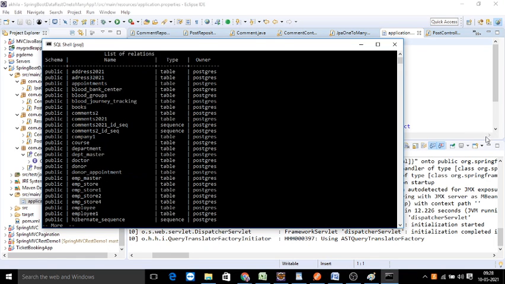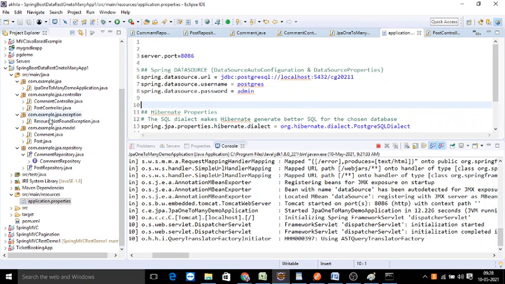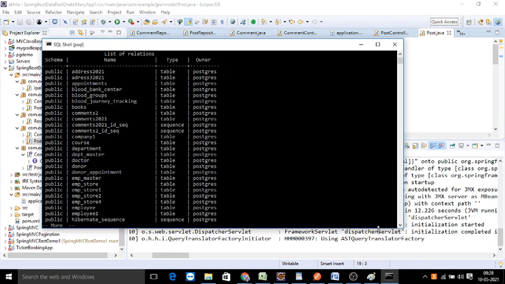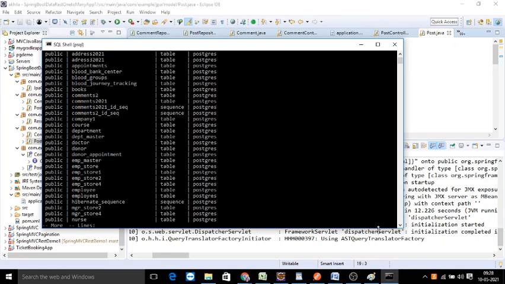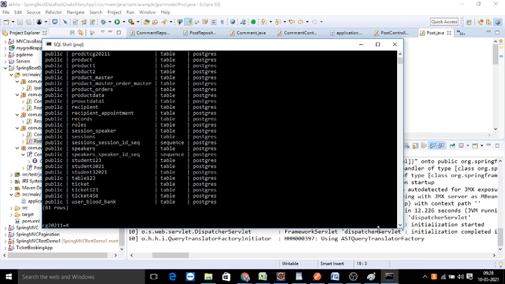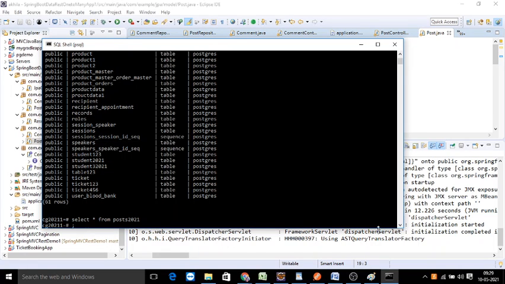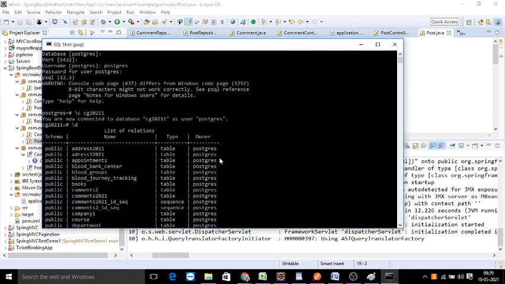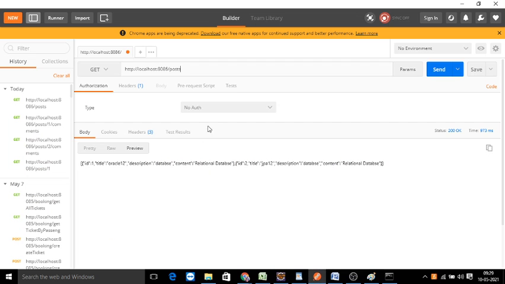The table name is, okay, for the post 2021, right? So these are the two records we have for the post table. The same thing we are going to get.